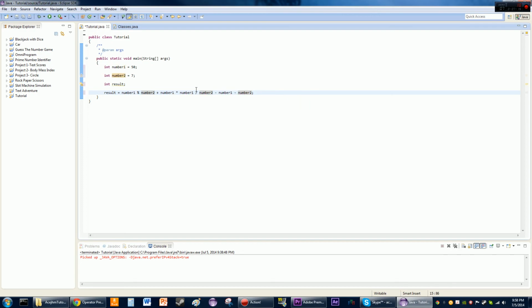This is a long, drawn-out series of calculations. But essentially, the way that this would calculate, like in real life, would be the multiplication and division first, so it would be number 1 times number 1, and then that number divided by number 2,